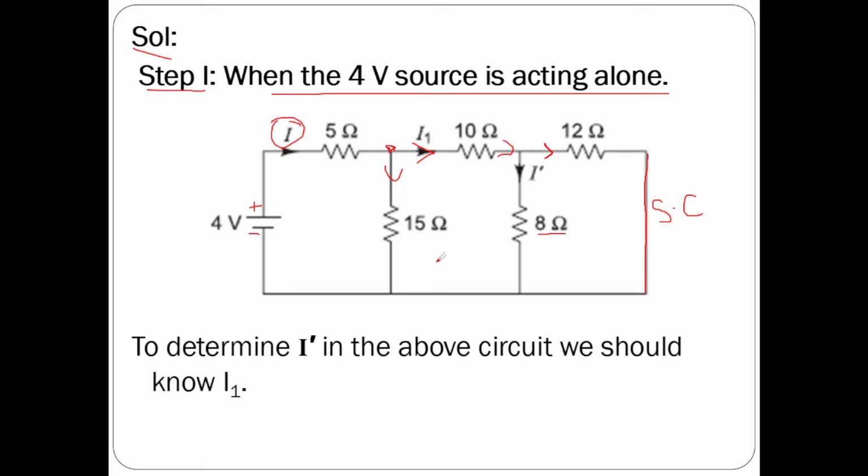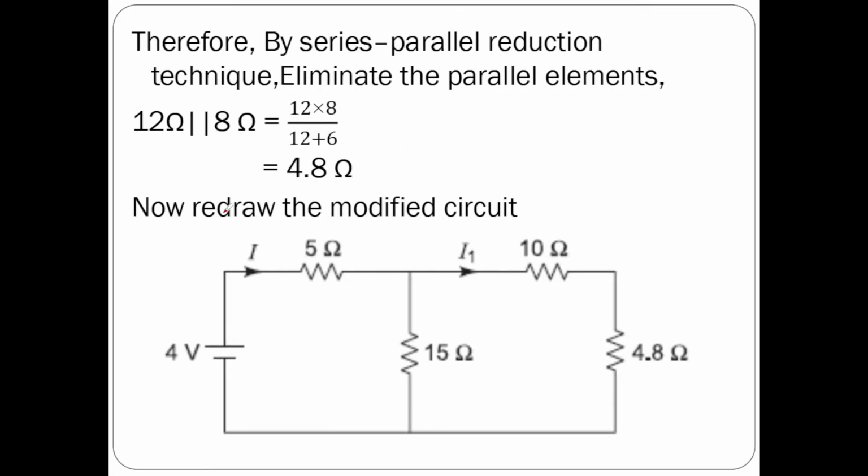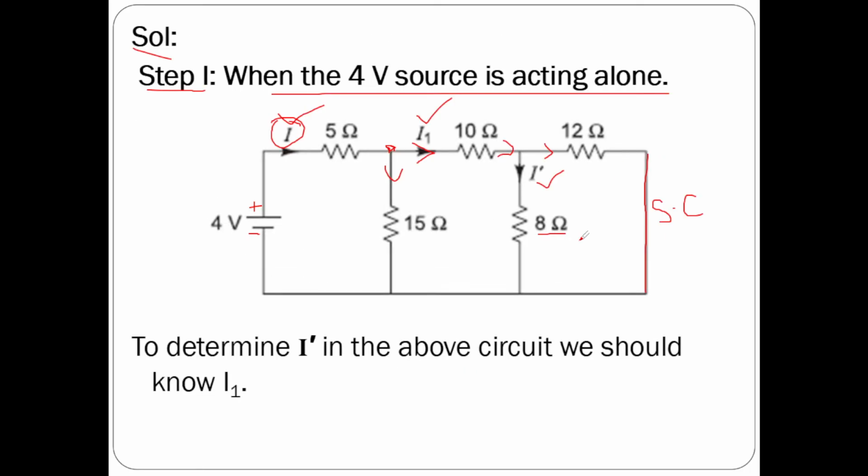So first of all, let us determine the total current in the circuit. If I determine total current I can determine I1. If I am able to determine I1, I can determine I dash. So let us first of all determine current I. For that, we have to simplify this circuit. So if you observe here in this circuit,